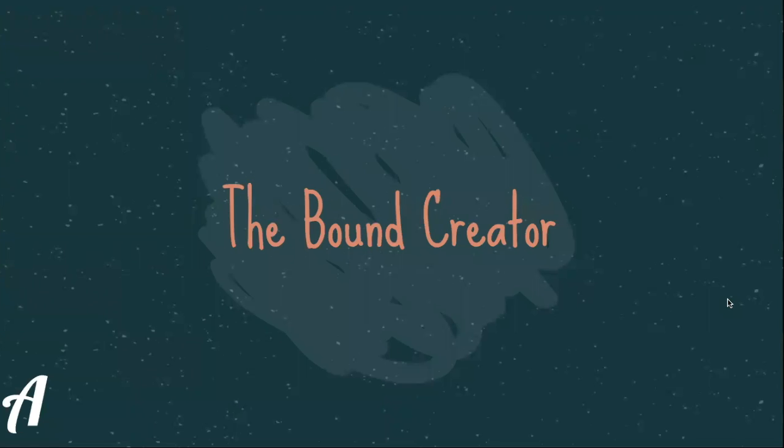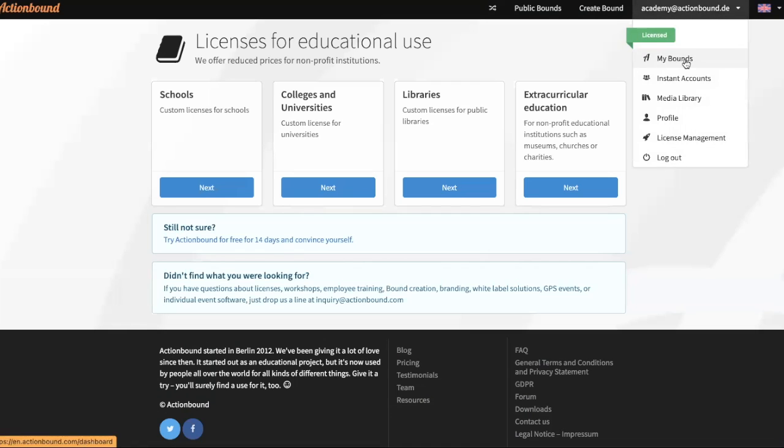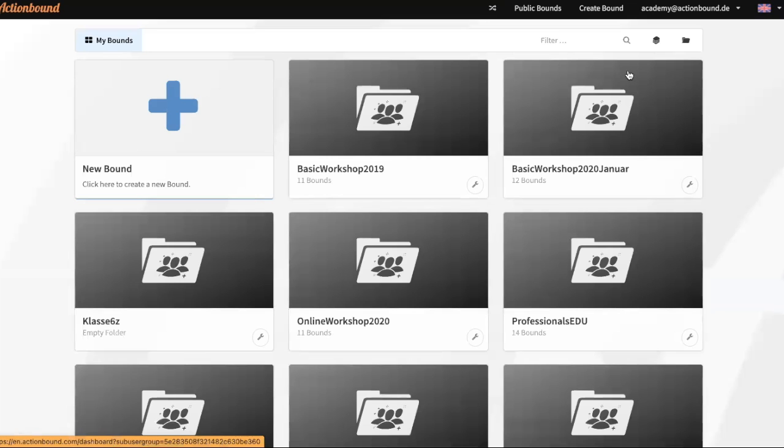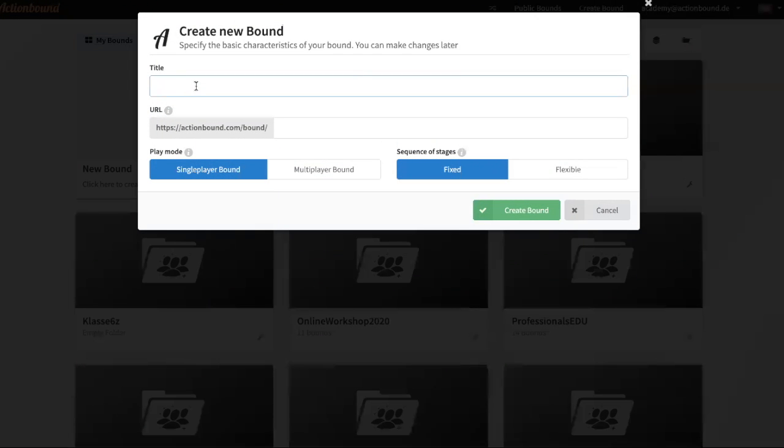And I think now it's time to get into the bound creator, the very heart of Actionbound and for you as creators. After you registered via mail, you get into this dashboard, and my dashboard here is already filled up with some folders, but yours will be absolutely clean at the very start. And so you can click on the big plus to create a new bound and give it a title. So in this case, I would say,